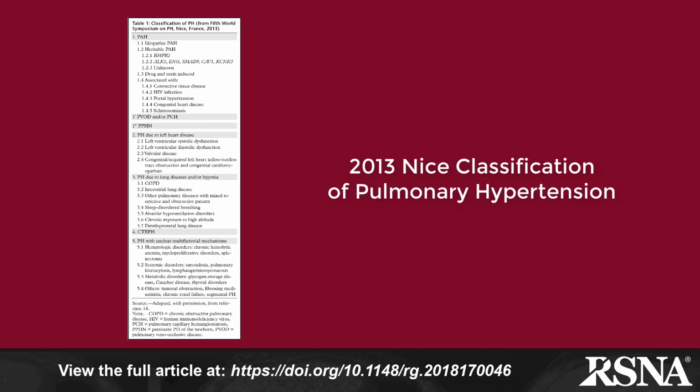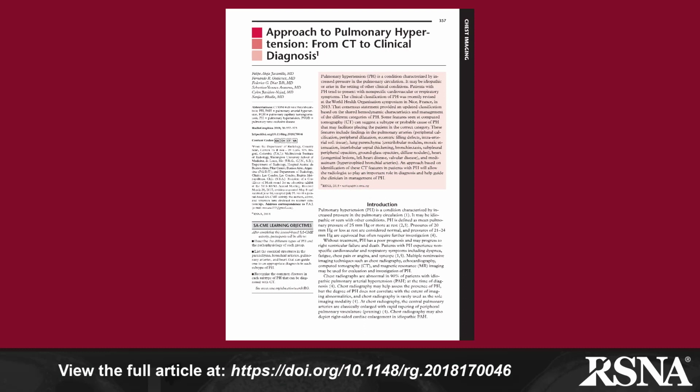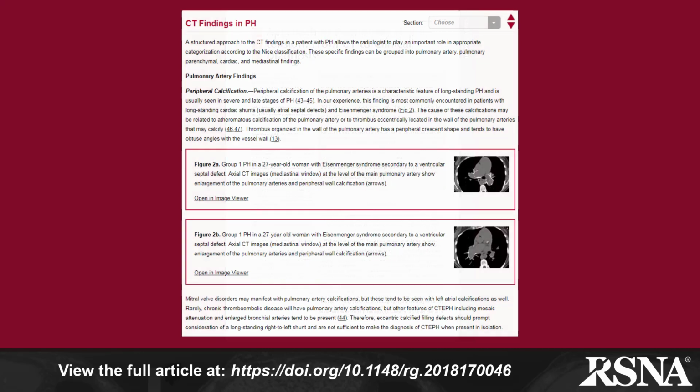pathophysiology and treatment options. The article then focuses on the use of CT in patient evaluation, which is the point where most radiologists enter the picture and play a key role in categorizing patients and helping clinicians guide further workup and therapy. The authors divide the chest CT findings of pulmonary hypertension into pulmonary arterial, pulmonary parenchymal, cardiac, and mediastinal